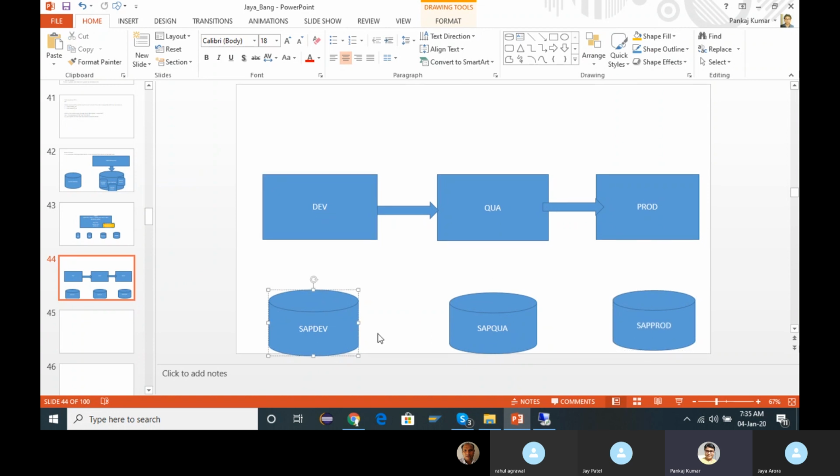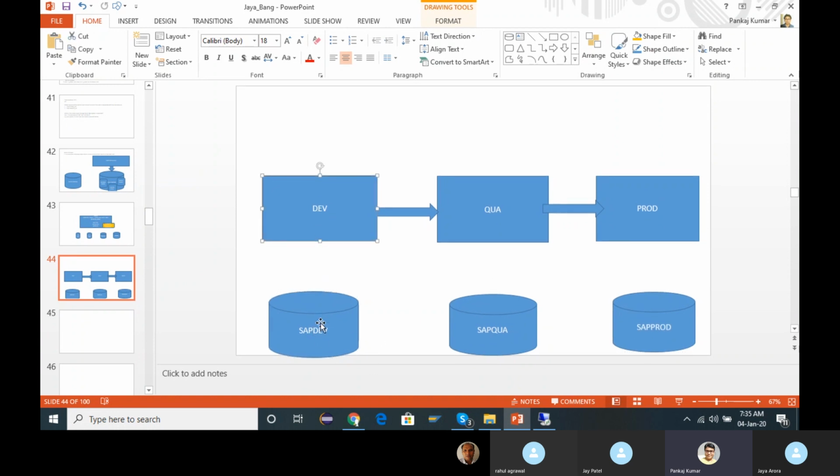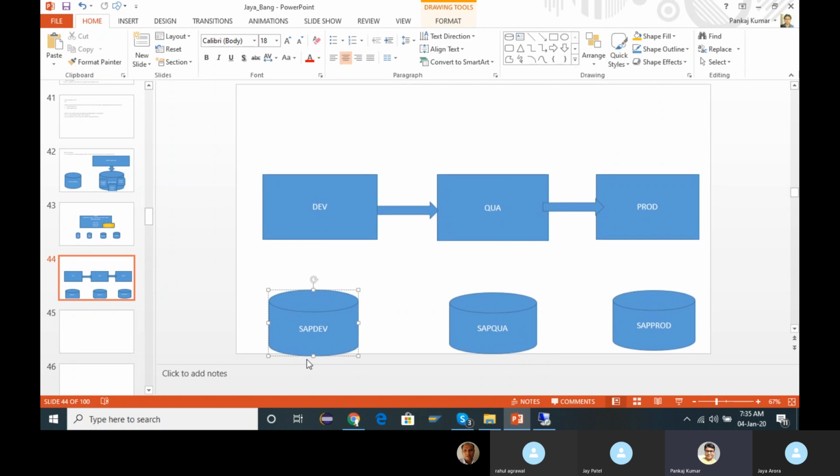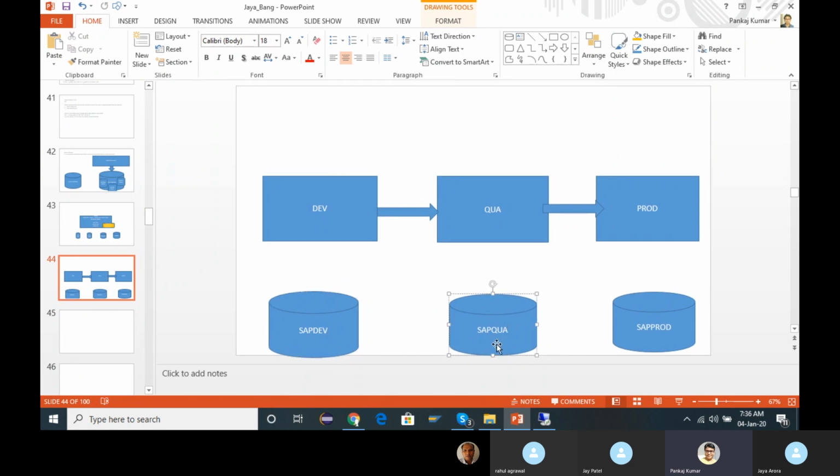Suppose you have written some query at the HANA database layer, or you have created some AMDP class, and there you have written a query, select star from SAP dev.mara. The code will be the same, so how will the system understand that here I have to use select star from SAP qua.mara?